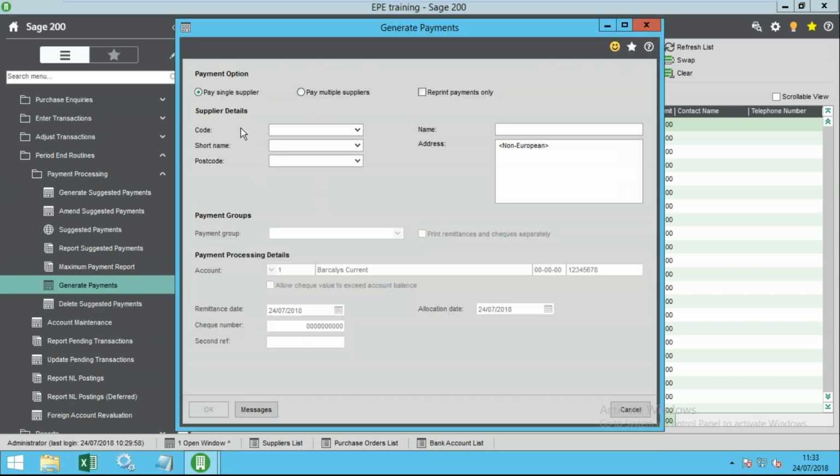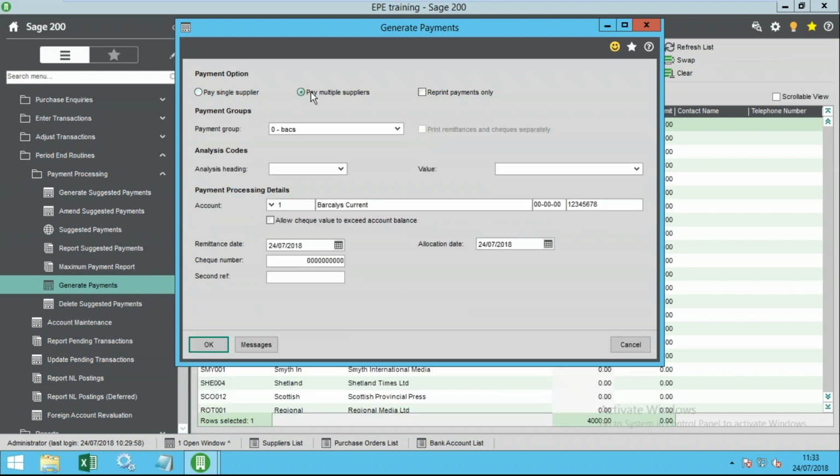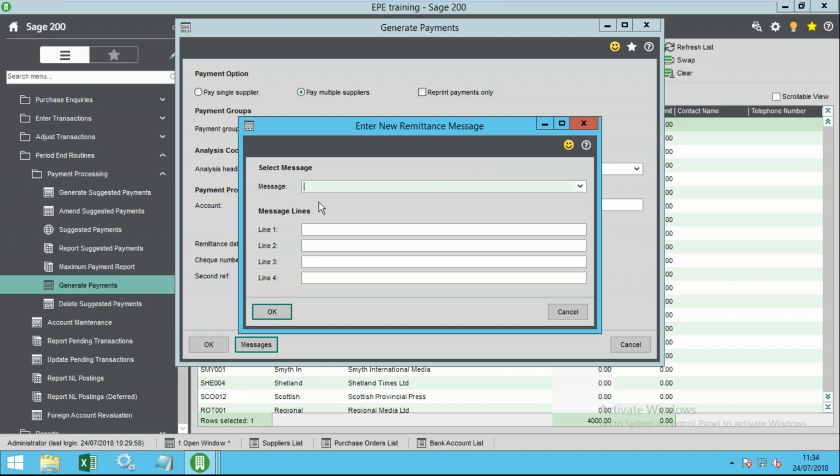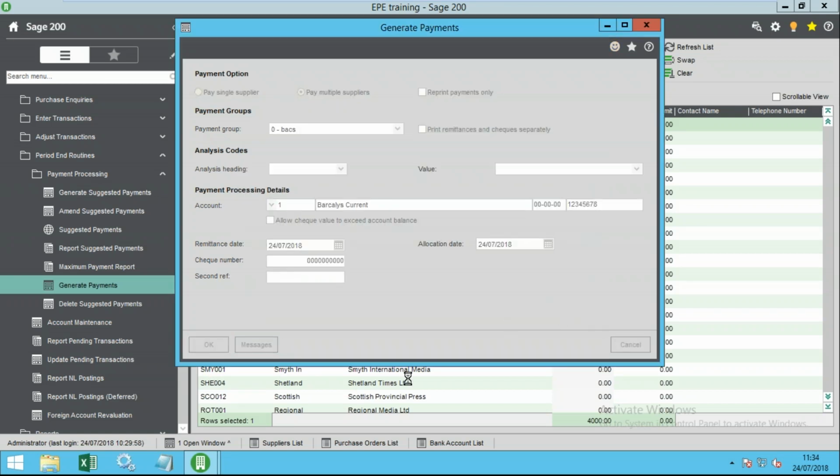So here, because I want to do a group of payments, I go to multiple, select my BACS group, choose what bank account I want to pay from. We got the remittance date, the allocation date, and you can add a message here as well on the remittance advice if you want to. Just type something in if you like. And then when we OK that,